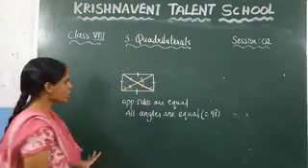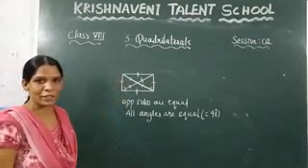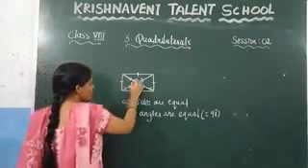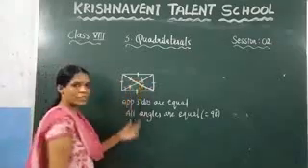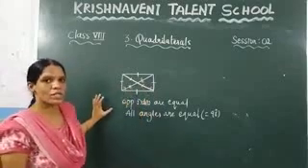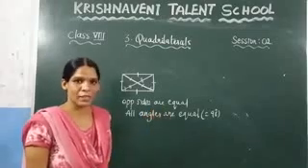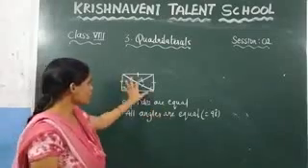But here you can observe that these diagonals bisect each other, but not perpendicularly, because here you can observe that there is no 90 degrees. You can clearly identify here if you see this one. So what is the next property? The diagonals bisect each other but not perpendicularly. That means it is divided into two equal parts.